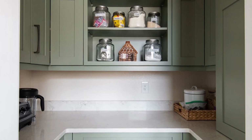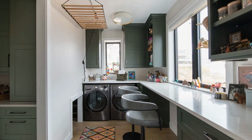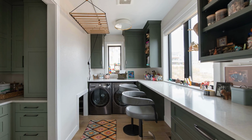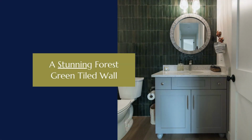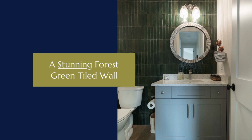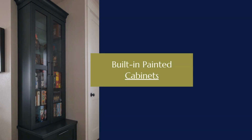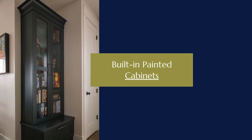Blue gives way to soft green in the butler's pantry just off of the kitchen. And around the corner, a sunlight-filled laundry and craft area invites inspiration. Blue cabinets carry into the powder bath, accented by a stunning tiled wall in forest green. In other areas of the home, built-in painted cabinets were utilized in a variety of ways, such as in this